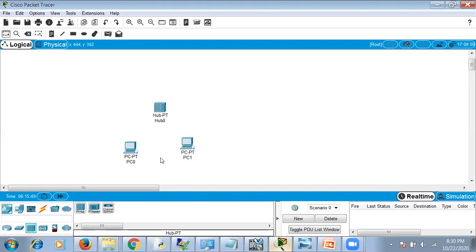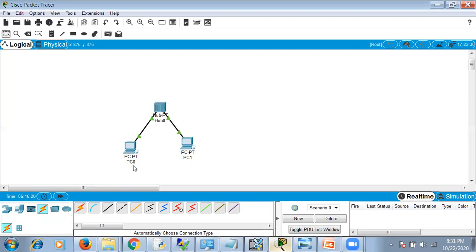Now the devices are there. So we need channels or links to connect them. So this is the connection. Click here. You can take any of these cable wires. If you don't know, you can click the first one. It will automatically take the proper channel or link that is required. So you just have to click and drag. So our connection is established. Now again, we'll need one more link. Take one more link, this PC to this one. Okay, connection is established.